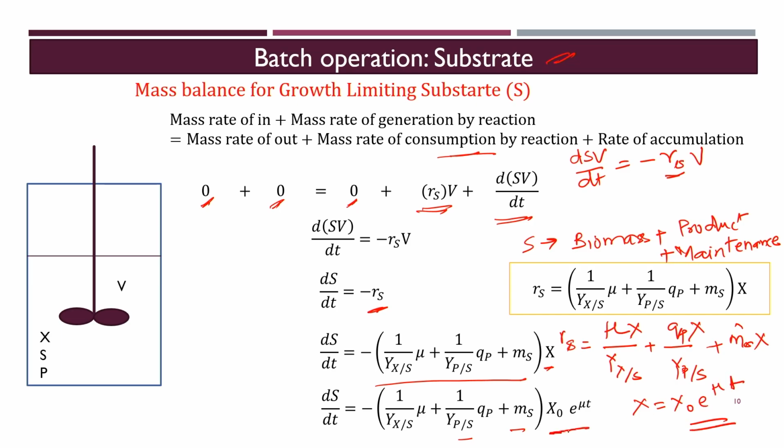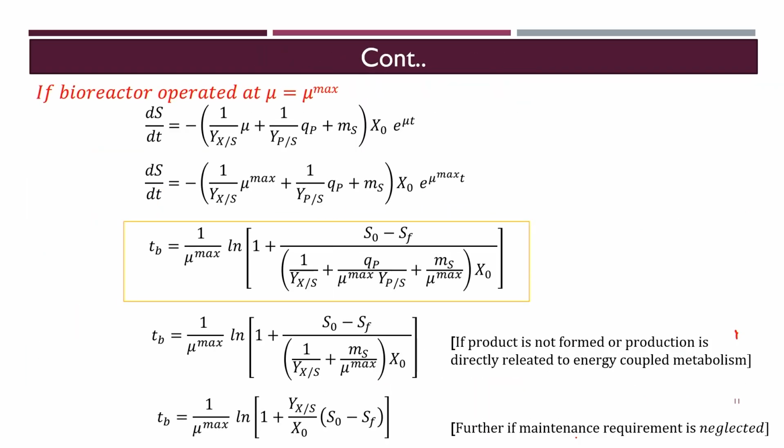So x is now replaced by x naught into e to the power mu t. Now we replace mu with mu max. And if you consider the remaining term as constant, we can quickly integrate this expression and we will get the batch time as